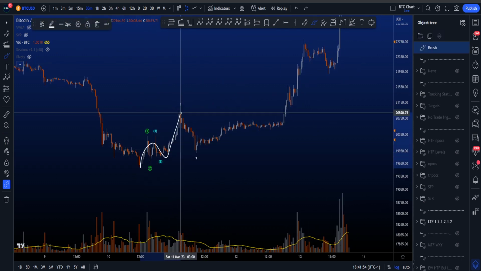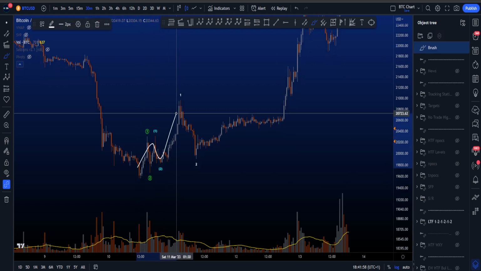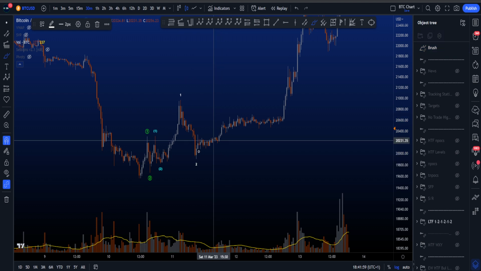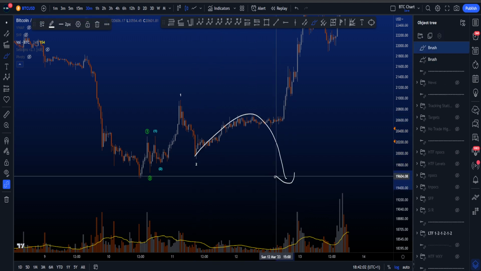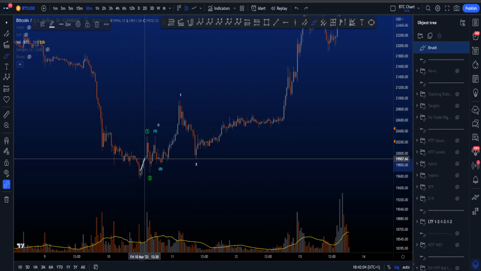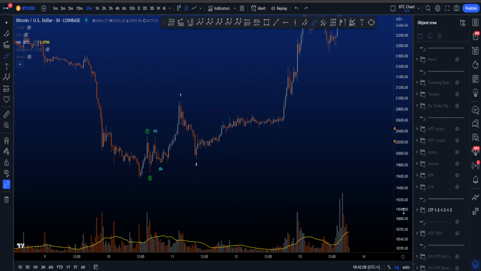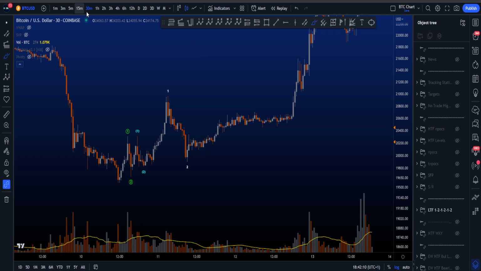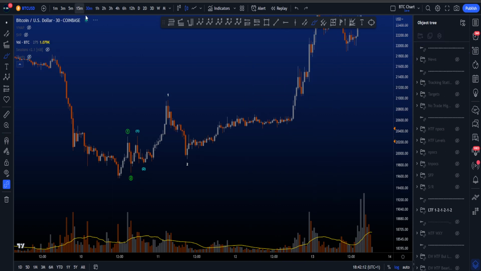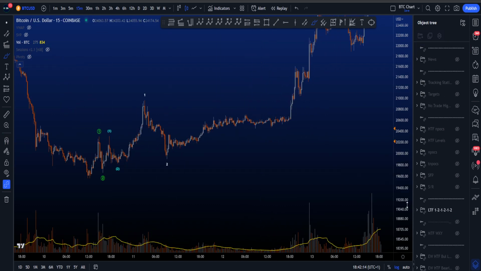You know, we have a 3-wave structure over here, followed by some sort of a 3-wave structure, and then potentially seeing more downside, some sort of an AB or WXY or whatever it was. However, in this case, seeing the pump, of course, in hindsight, this could very well have been